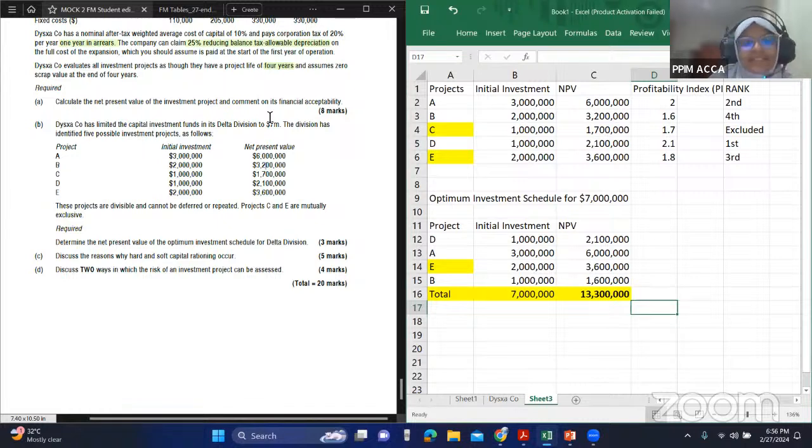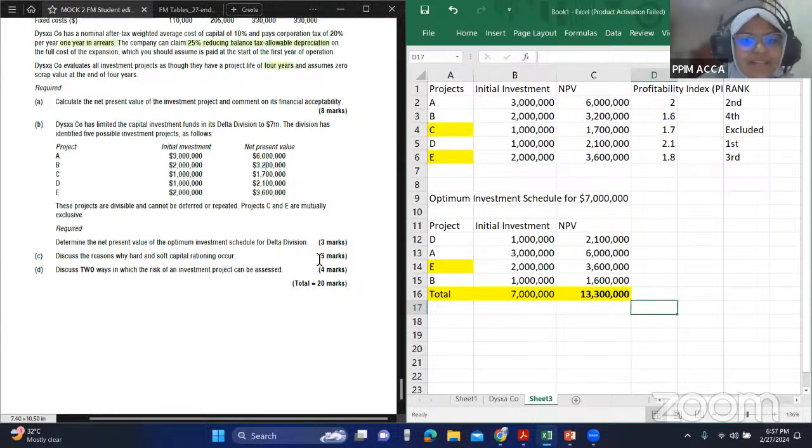Another reason could be that if we have limited finance, then we will make sure that we invest in only the best projects. If you have a lot of money, then you will just invest in all the projects available. But that is also not good for the business, right? So if we want the business to invest only in the best projects, then one way to do that is to limit the finance. So now what will happen? Different projects will have to compete with each other and only the best one will get the investment. Okay, so those are the reasons why hard and soft capital rationing occur.